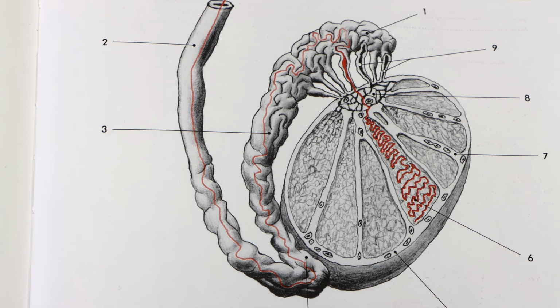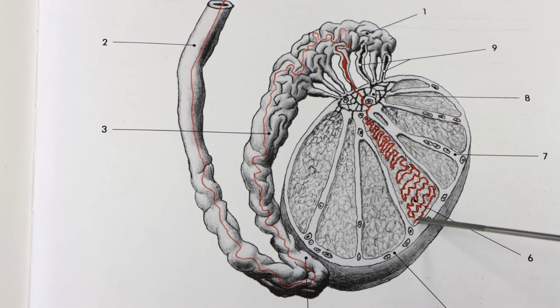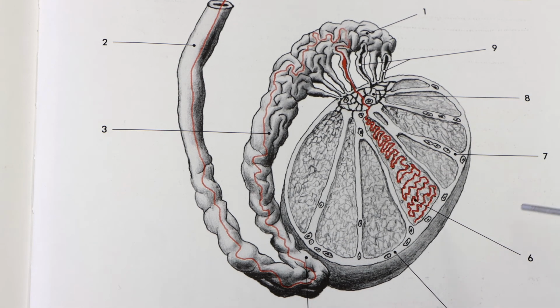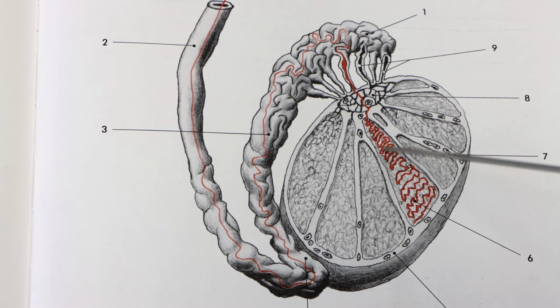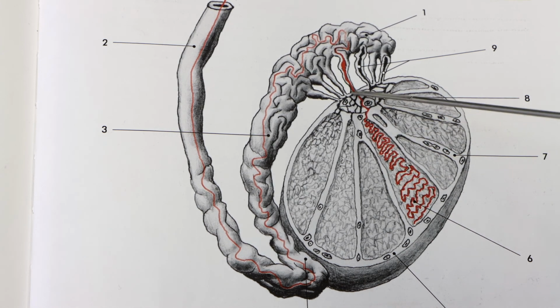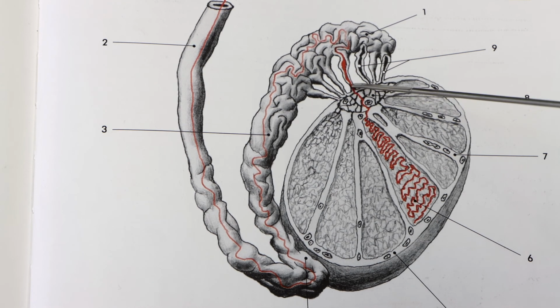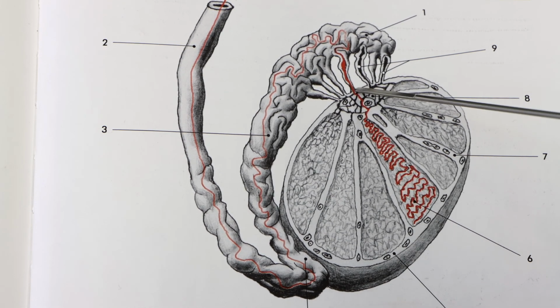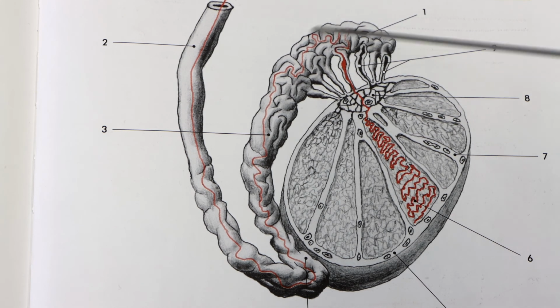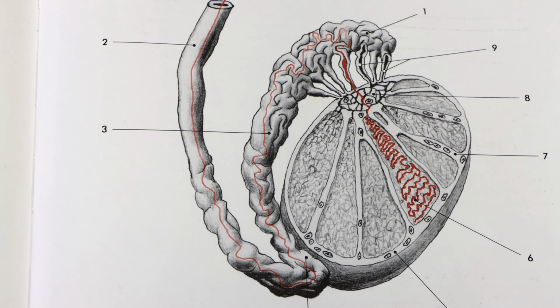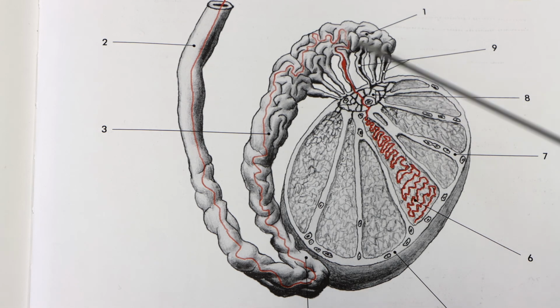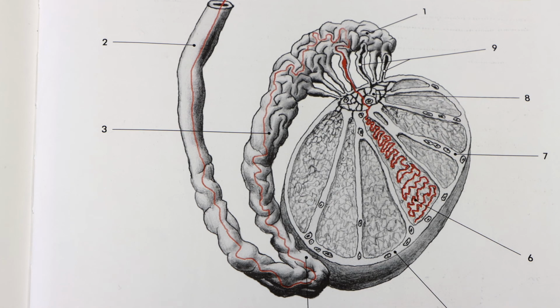So in this case, the sperm that is produced inside the seminiferous tubules is directed from the pars contorta to the pars recta, and then through the rete testis it goes to the efferent ducts or efferent ductules. It goes to the head of the epididymis, and inside the epididymis the storage of the sperm happens, and also the continuation of the maturation of the sperm happens in this area. So this is important for the sagittal cross section of the